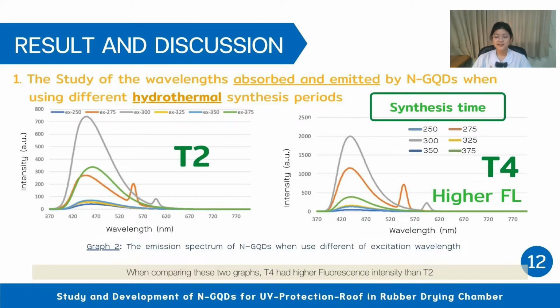When comparing these two graphs, T4 had higher fluorescence intensity than T2. The synthesis time of nitrogen doped graphene quantum dots affects the particle size. If the particles are too large, the optical properties of nitrogen doped graphene quantum dots are also reduced. From the experimental results, it was seen that the 2-hour synthesis time had lower fluorescent intensity values than the 4-hour